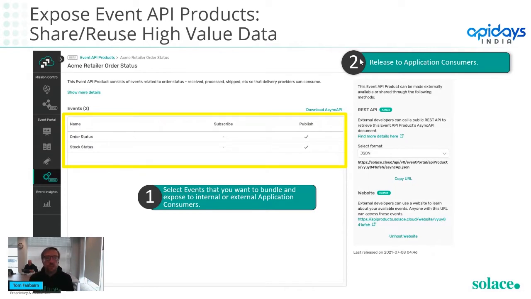It's the same for this asynchronous publish-subscribe event world. But because we're event driven, right, we don't just want to dump a file that can be outdated. We're going to provide you with a REST API where you can go and grab the latest version of the spec, or we'll even host that AsyncAPI spec for you. Okay,